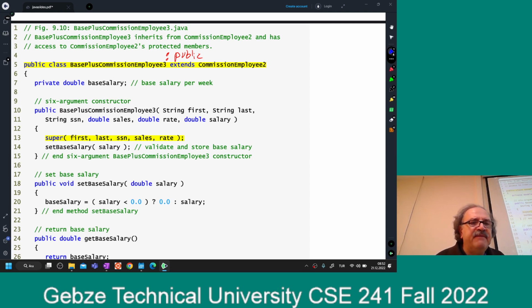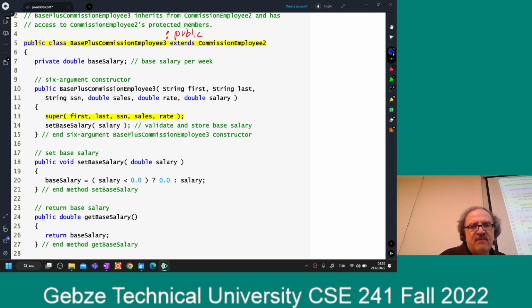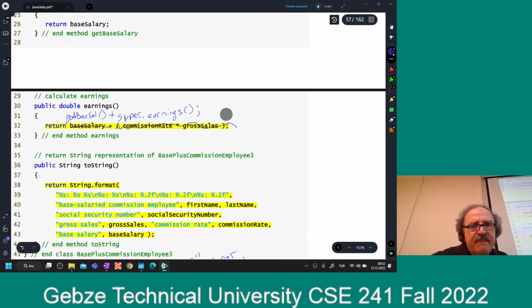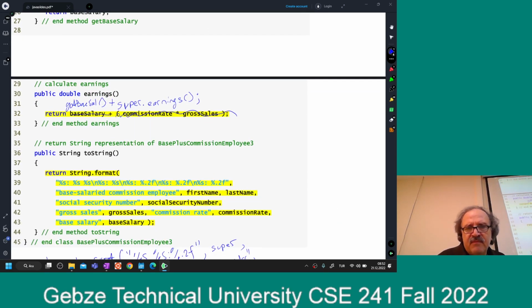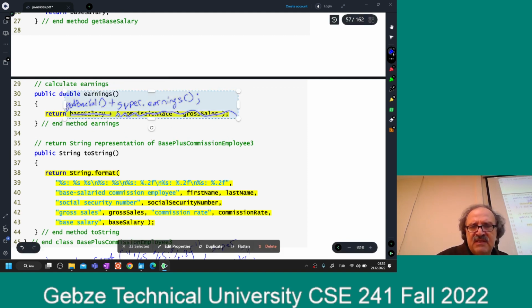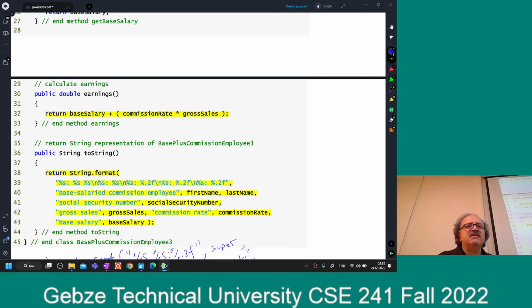Then you set the base salary, and super is very much like this, right? This refers to this object. Super refers to the superclass. So using the super keyword, you can call the base class's methods, and we are going to see a few examples. Okay, so set base salary is this, because I am defining a salary now. Set base salary, get base salary, and then let me do this. So this is the earnings. Earnings is a little bit different. So my earning is